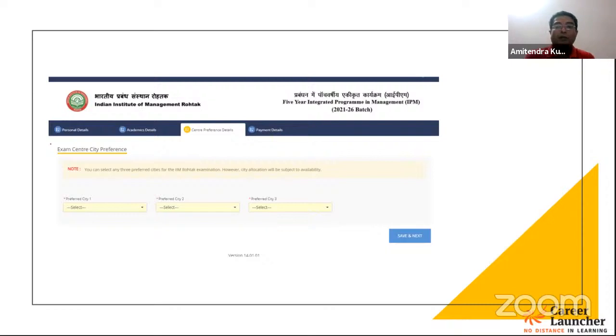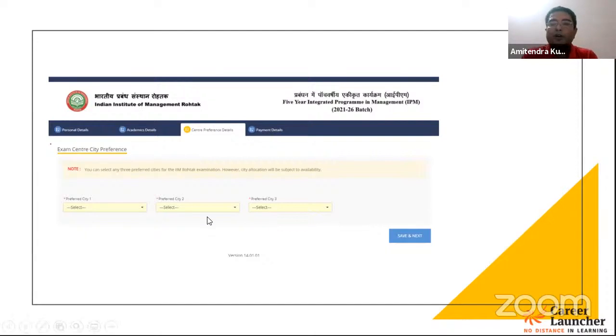Because IIM Indore has not announced the application as of now, we don't know which all cities would be there as test centers. So you have to be really, really careful. Either you can wait for a week or so. By that time, hopefully IIM Indore might come out with the application process. Or you have to be really careful and select bigger cities, so that even for the IIM Indore paper, it does not happen that you are traveling to another city and that city is not the center for IIM Indore. Chances are low that this will happen, but you have to be really careful because the other application process has not started.